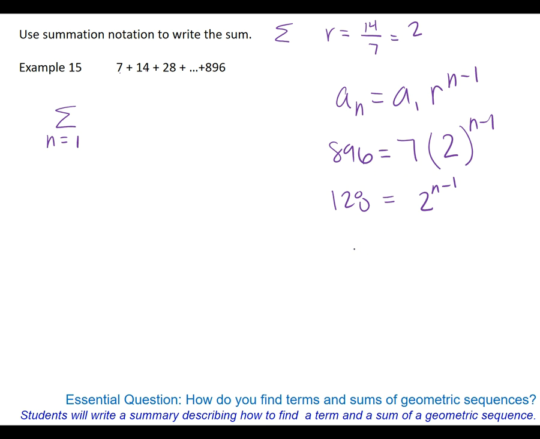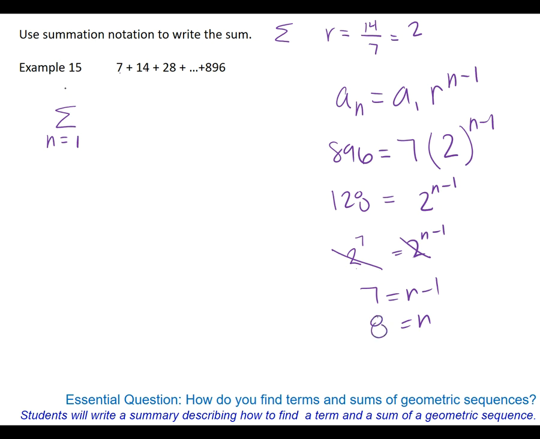Or, without the headache of logs, couldn't I get that to a base of 2? What is it as a base of 2? 2 to the 7. Everybody check that out. We all agree with 128? Now that my bases are the same, what can I do? Cancel them out. You get 7 equals n minus 1, n equals